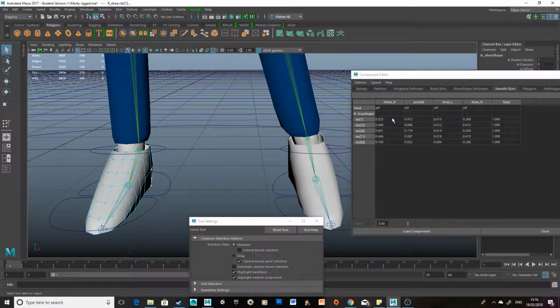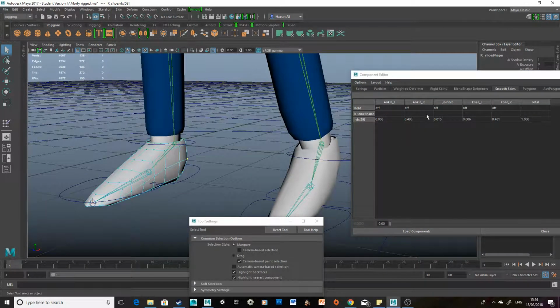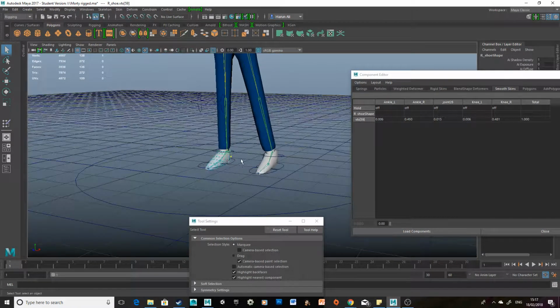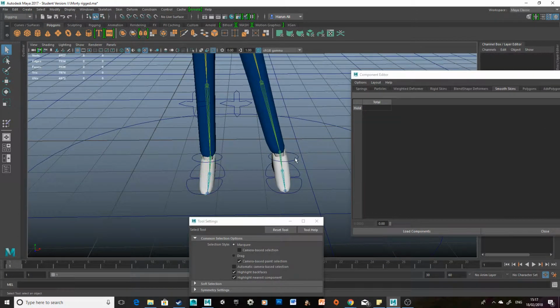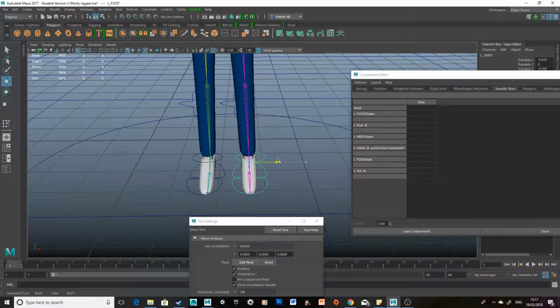Because these are named, I know, okay, this is being influenced by the right ankle, which makes sense. What exactly is being influenced by the knee? That really shouldn't be there, so we can get rid of that as well. So again, that's one of the reasons why I told you guys to name your joints, so you know exactly what's going on. So yeah, basically, just go around, move the geometry around, or the joints, and